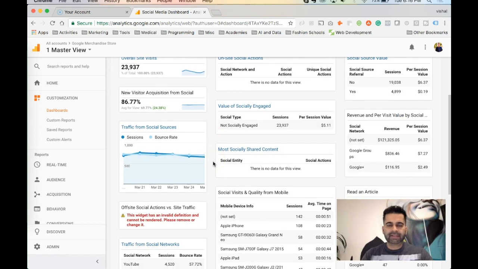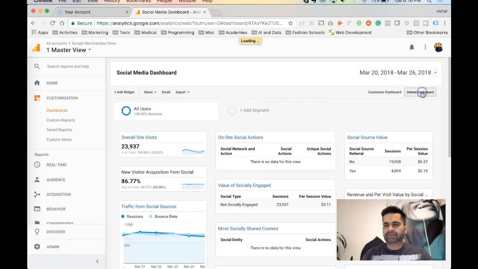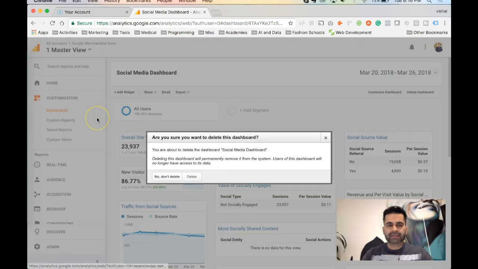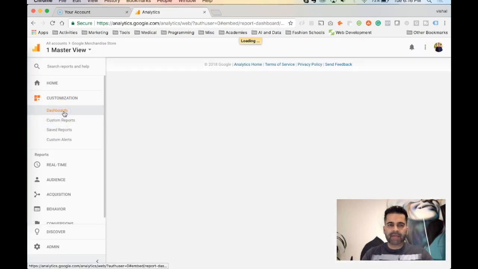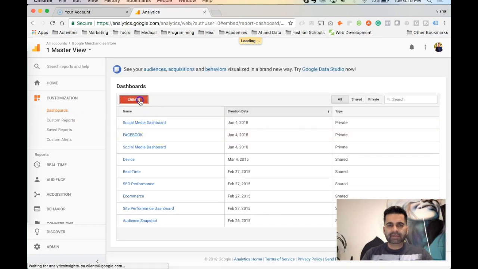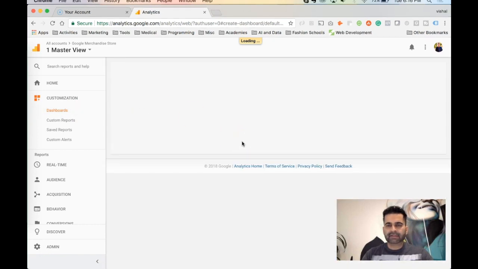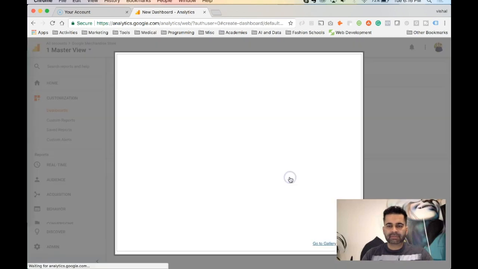If you don't like it, you can delete it. And let's say if you don't like this one, you go back, you delete it, and you can add another one. So you click on delete, and we go back to dashboard and click on create again, and let's find something on e-commerce. So we'll go to import library,